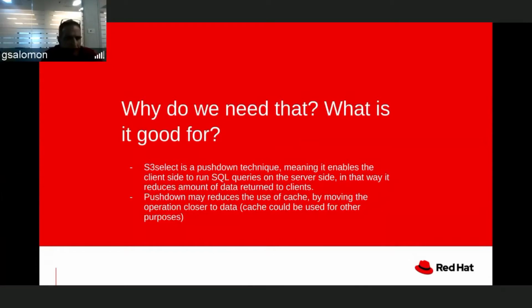So for one example, let's say in order to execute select sum of X from some object where A and B bigger than C, it needs to fetch the entire object to the client side, and only then execute the operation with some analytic application. With push down, our S3select, the entire operation is executed on the server side, and only the result itself returned